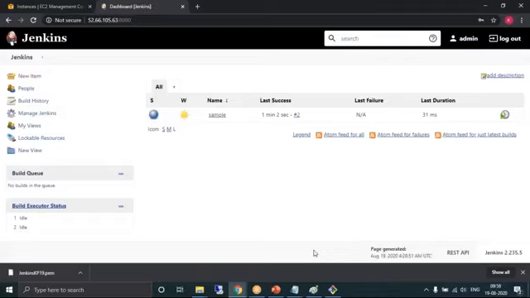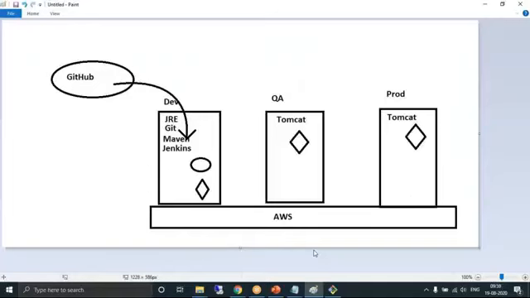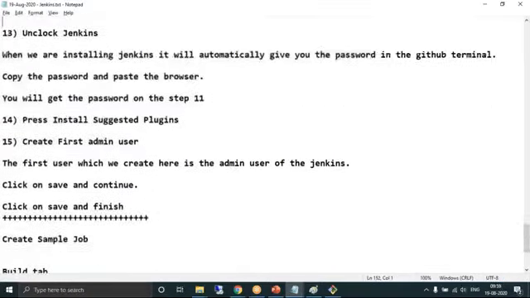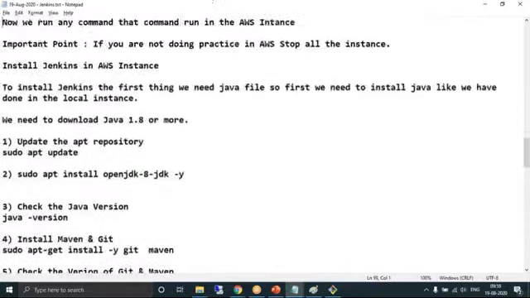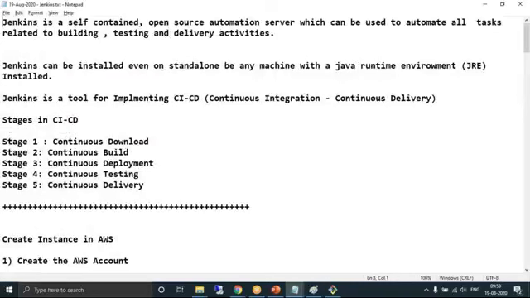So for practice, Jenkins is very important. For you to practice, you need to configure this infrastructure. In your AWS account, go ahead and create 3 new AWS machines: dev server, QA server, production server. In the dev server, configure all these softwares, configure the instance. I have these notes which clearly mention the step-by-step process you need to follow. Please follow these notes and this recording, and practice whatever we have done in today's session.